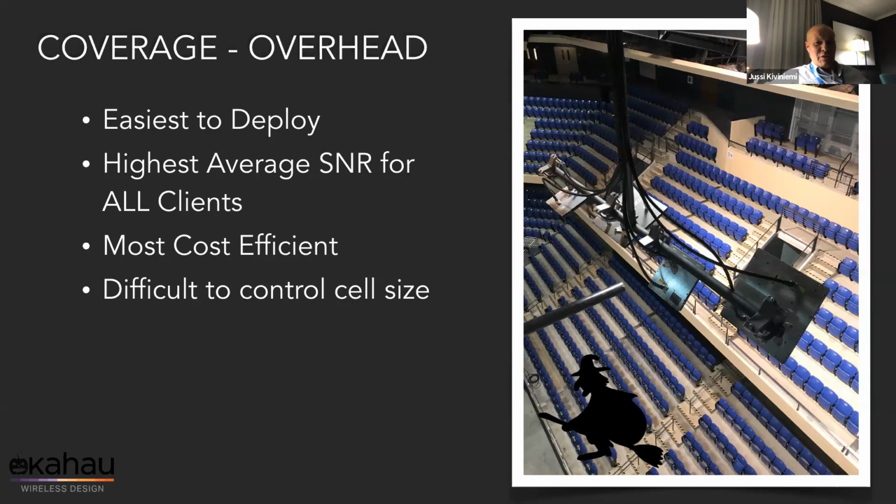So yeah, my question on the overhead thing. It gives you good SNR, but doesn't that give you a pretty decent signal level across the entire stadium? It's just impossible to control RF so well. You put one of those APs with the antenna combination you see there, and that can be heard almost everywhere in the stadium. Is that correct?